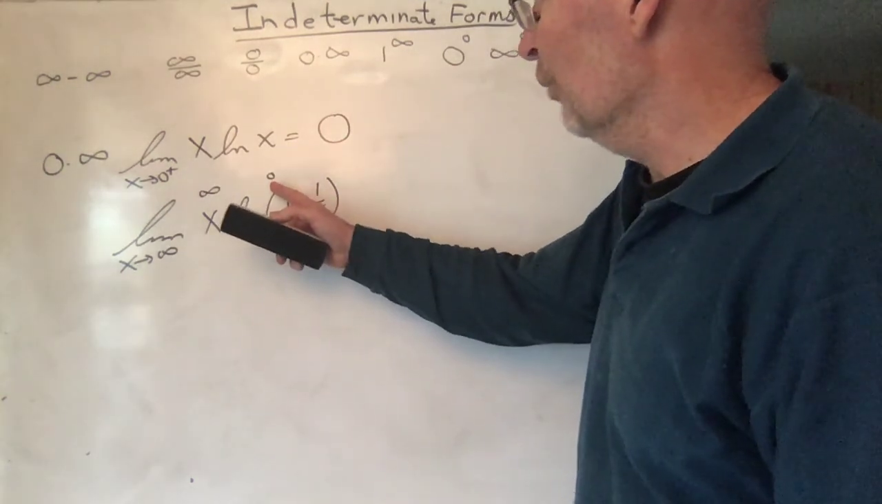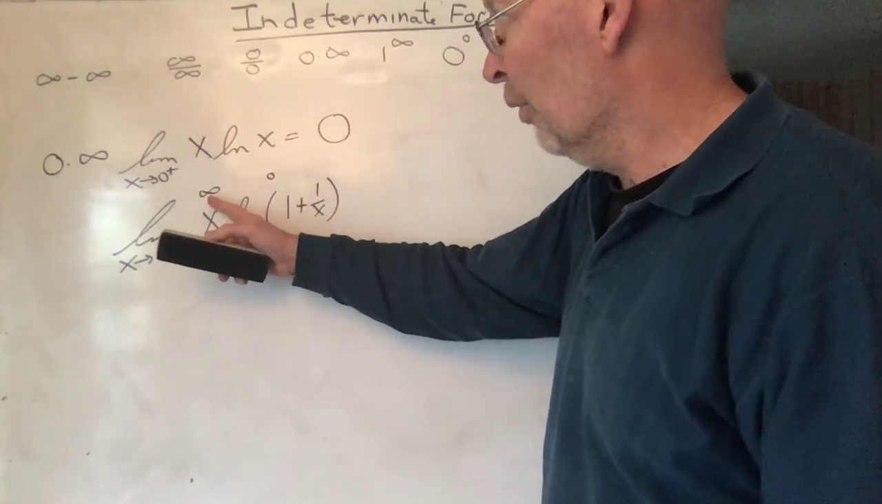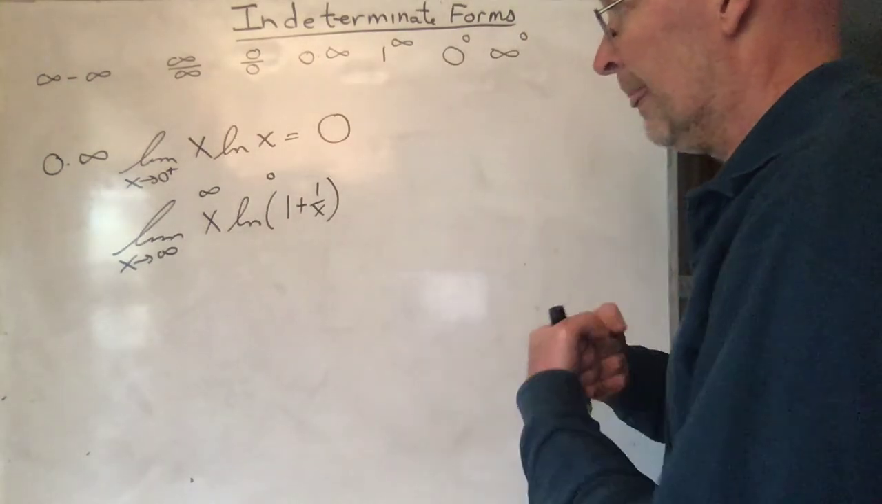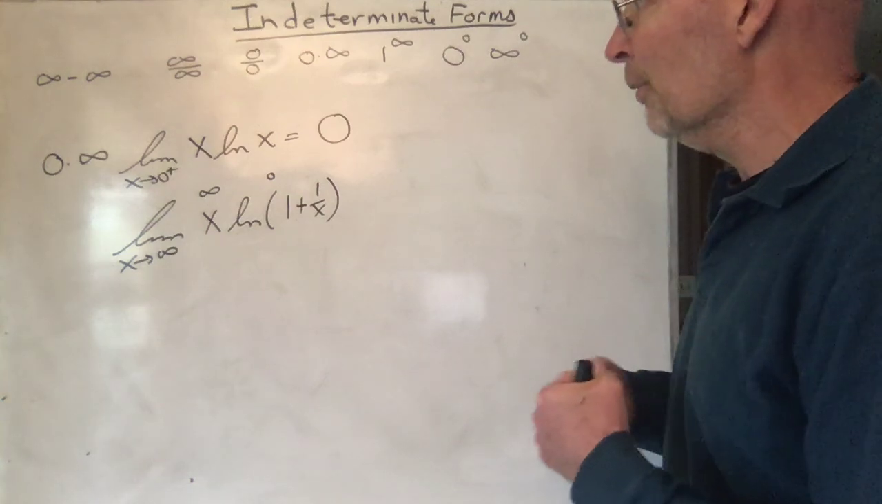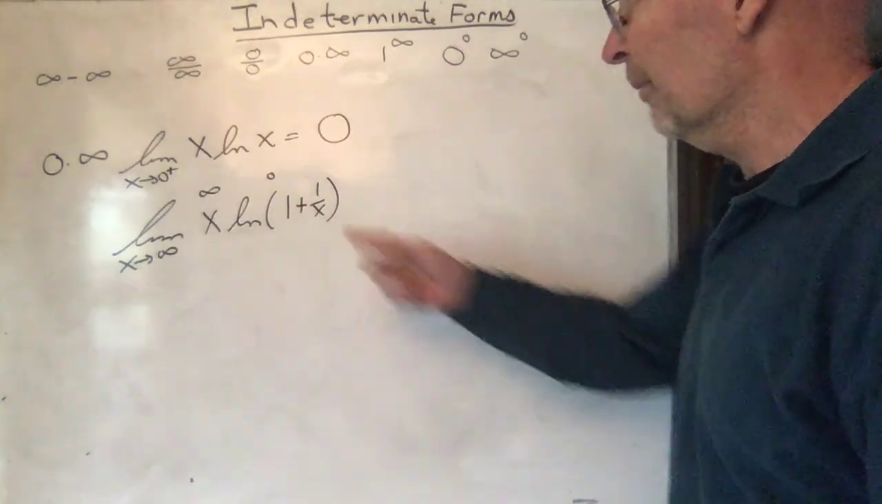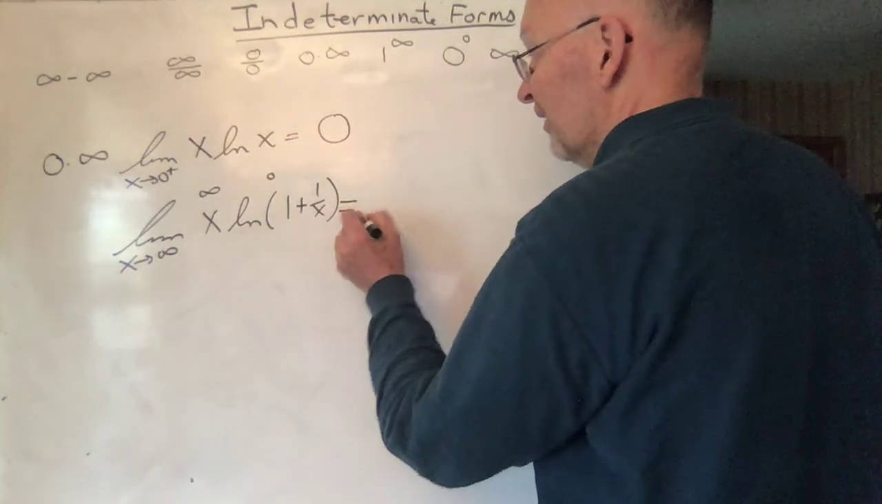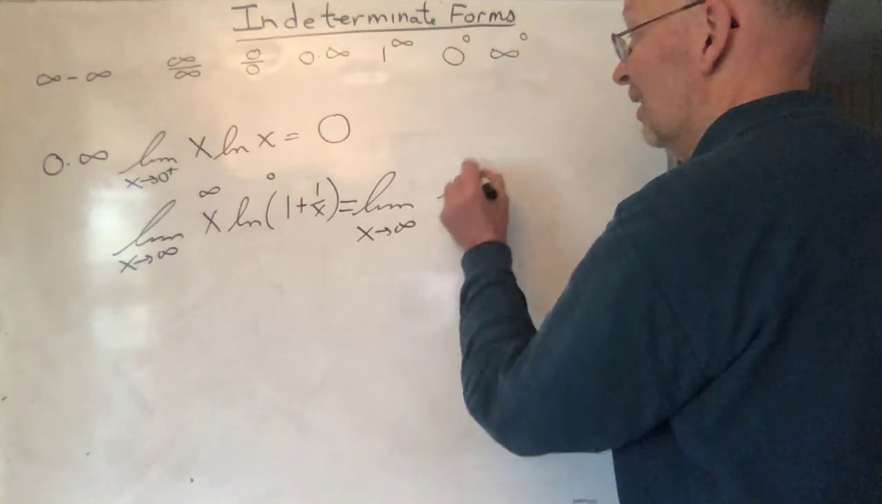Is this going to dominate and bring the whole thing to 0, like it did here? Is this going to dominate and bring the whole thing to infinity? Or are they going to kind of, as it were, cancel each other out or compromise, and come to something between 0 and infinity? So remember the trick we did last time? We said, okay, in order to use L'Hopital's rule,